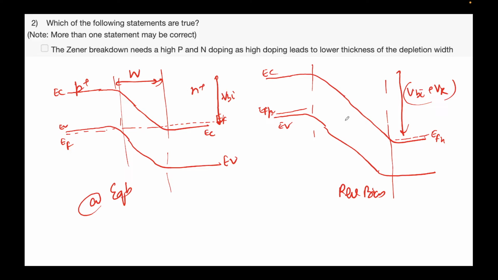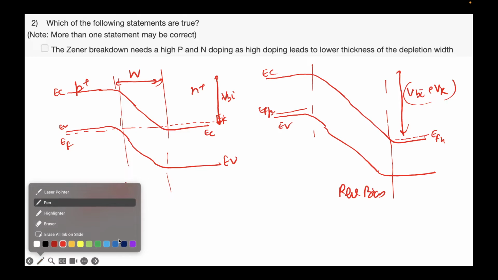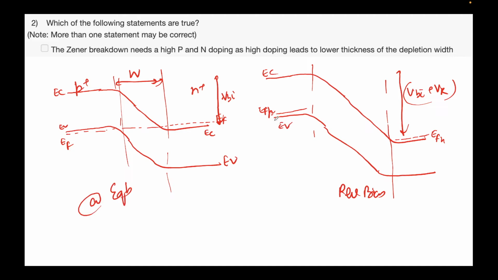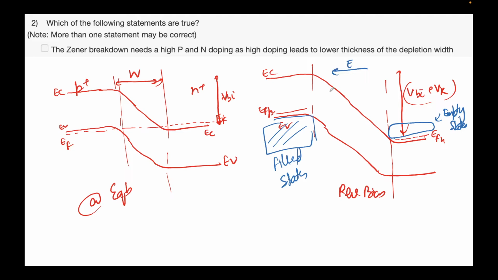So now what you can see here is essentially similar to a tunneling phenomenon. What's happening here is, these are the filled states over here, the P plus side, and these are relatively empty states above EF. The probability of finding an electron is less than half, so I'll call them the empty states. Also note there's a strong electric field being applied here, and this depletion width W, because please remember we are heavily doped, this is a P plus N plus junction, so there will be a very narrow depletion width. So what can happen is that these electrons can now simply, as we had discussed for the tunnel diode, tunnel through from here to here,